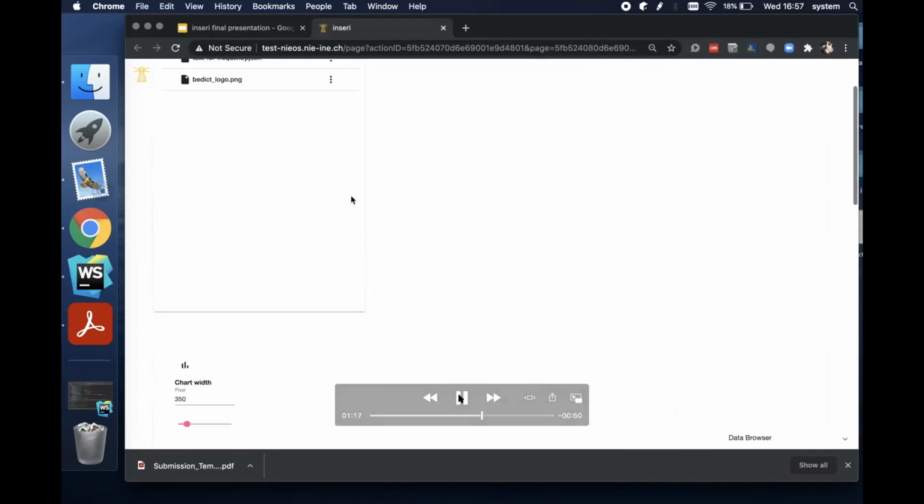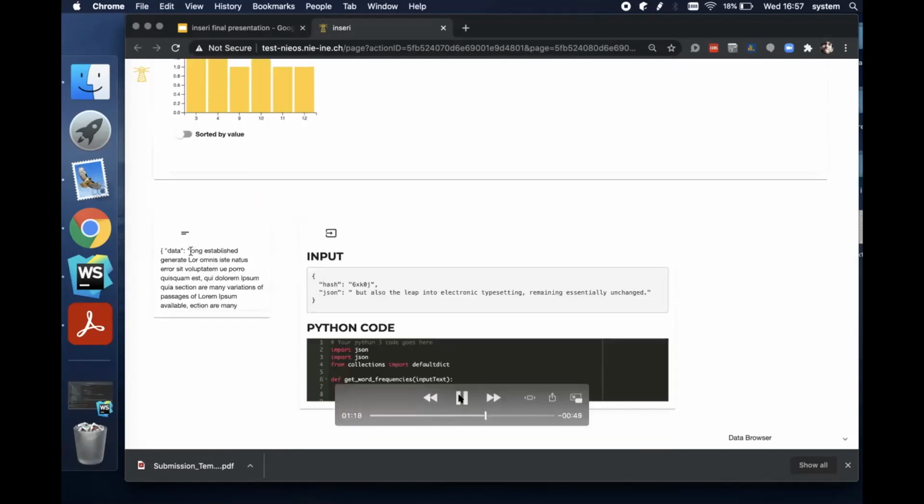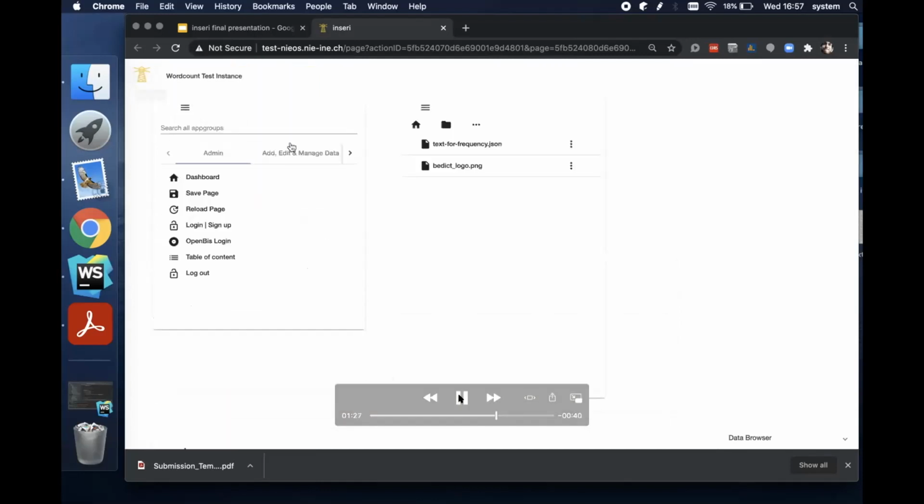And now, okay, we see the input text here that was generated. And now we just clicked here on this lighthouse, which opened this general menu where you can open apps and do other things as well. And this is the admin section of the apps. And now this is the edit and manage data section where you find all kinds of apps. This is the My Files app, for example. If you click here, you get another one of the My Files app, but you click on data management here